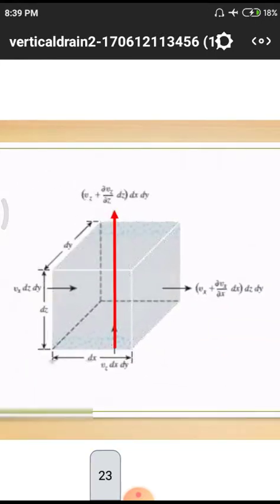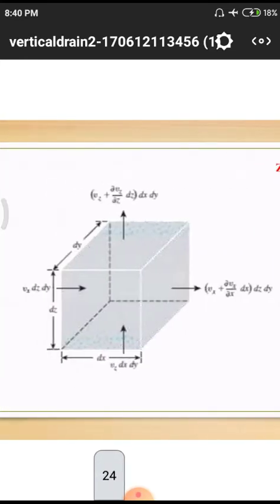This is the pictorial representation of how the water moves due to those embankment forces. The total water movement is shown in the diagram with the help of this red colored line. Those lines have arrows. The arrow symbol means movement direction. Whenever we have an arrow, the line moves in that direction only. That is the symbol of arrow representation. Here also vz direction means the water is moving in the direction of z.